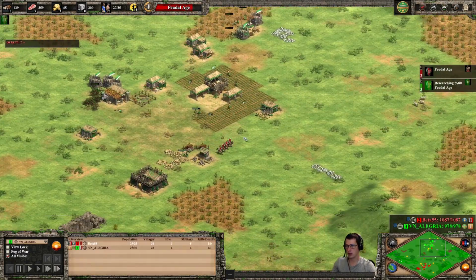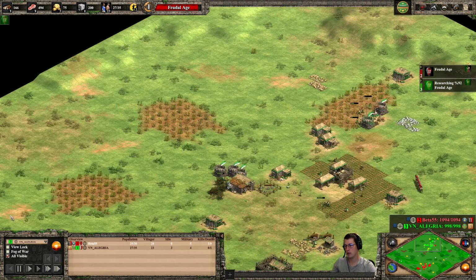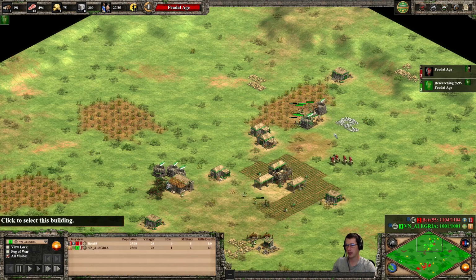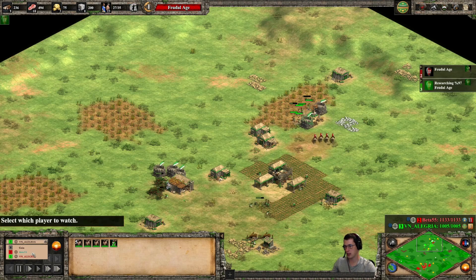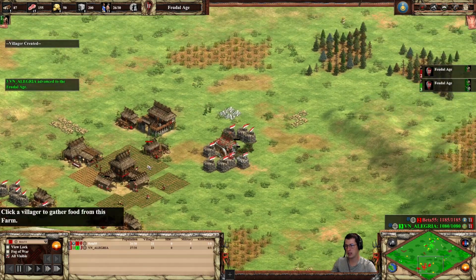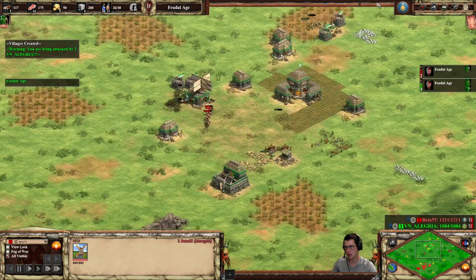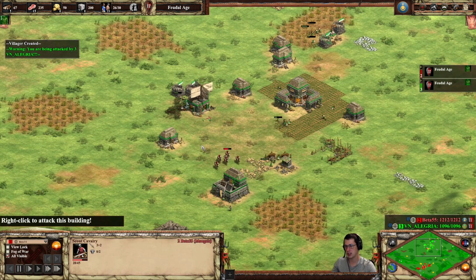Red will catch up in the villager count. I think green cannot go for fast castle. He protected this wood line, that's nice. Red is making scouts continuously. I think archer range would be nice, but he doesn't have the rest for it as he gets another villager